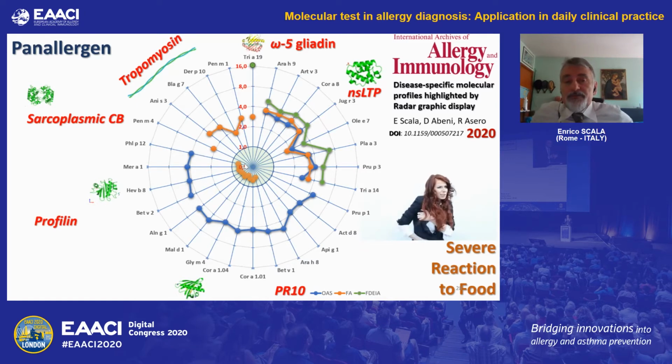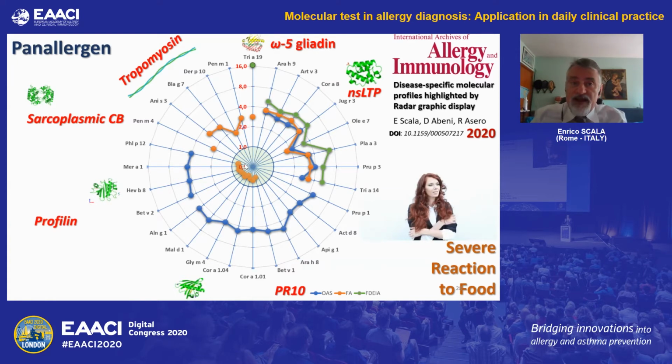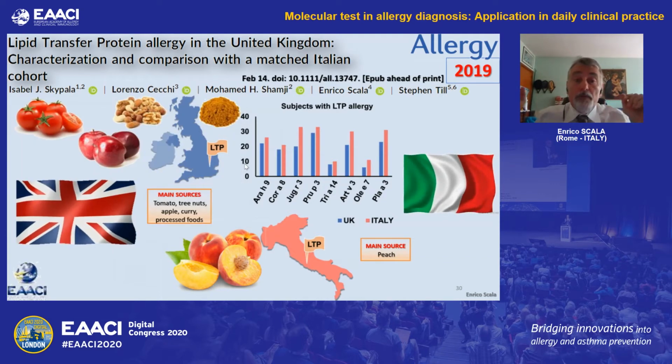in Southern Europe, especially in Italy, shrimp allergy represents the second major cause of severe reaction to food. And in fact, tropomyosin and sarcoplasmic calcium binding protein were significantly associated with the occurrence of severe reaction to food. You know that lipid transfer proteins are relevant allergens in Southern Europe, but in this study we could compare the